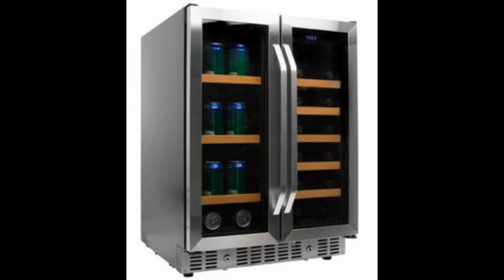This particular option also comes with the French door option, which means there are 2 compartments, one for cans and the other for bottles. The built-in shelves that come with the refrigerator are stylish and have wooden features in the front. They can be easily removed to make some space for larger contents. The EdgeStar